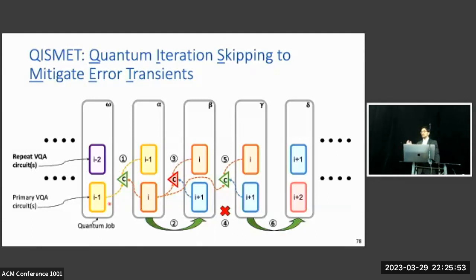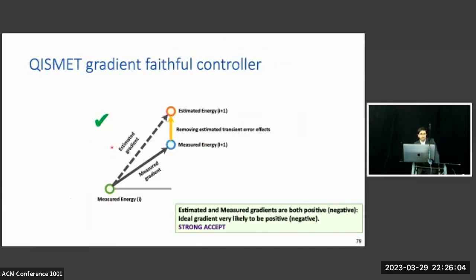Now, that's how we started, but we found that this was actually not a very good method because a lot of iterations were getting skipped, and this deviates away from the fundamental goal of trying to make forward progress. So we instead came up with what we call this gradient faithful controller. And what we do is that